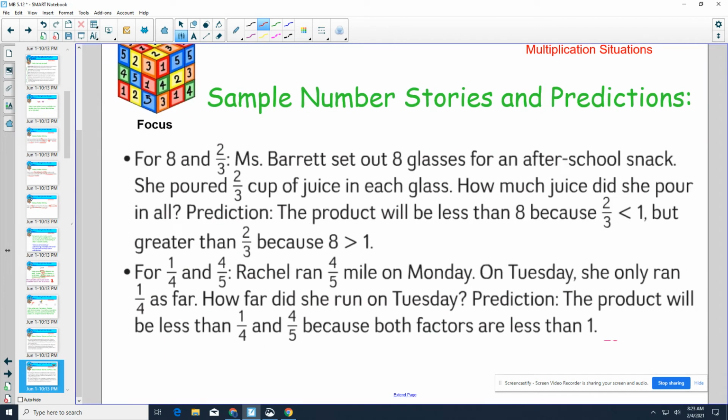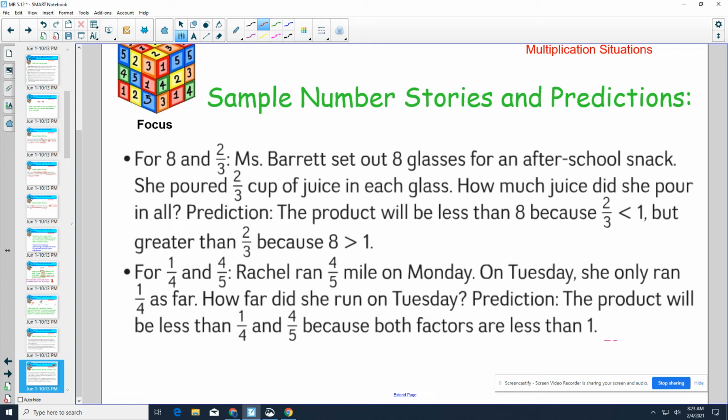Some more examples here for 8 and 2/3. Miss Barrett set out 8 glasses for an after-school snack. She poured 2/3 of the juice in each glass. How much juice did she pour in all? The product will be less than 8 because 2/3 is less than 1, but greater than 2/3 because 8 is